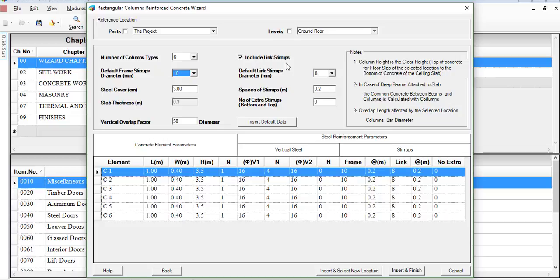Next, you have include link stirrups. Whether or not would you like to include link stirrups? In case you do, keep it there. In case not, please unclick that. Default link